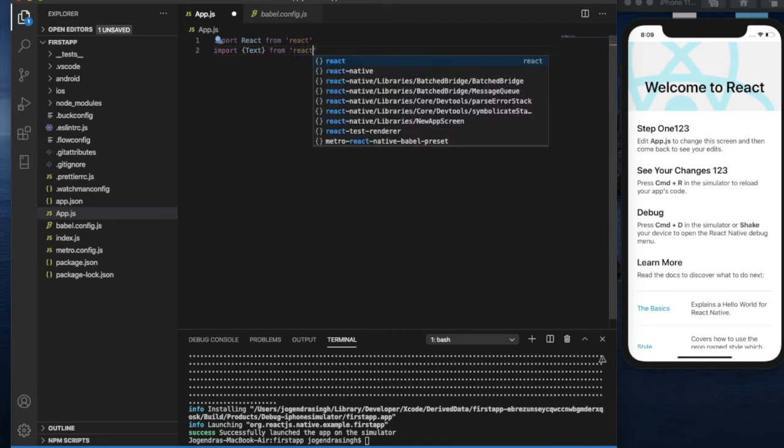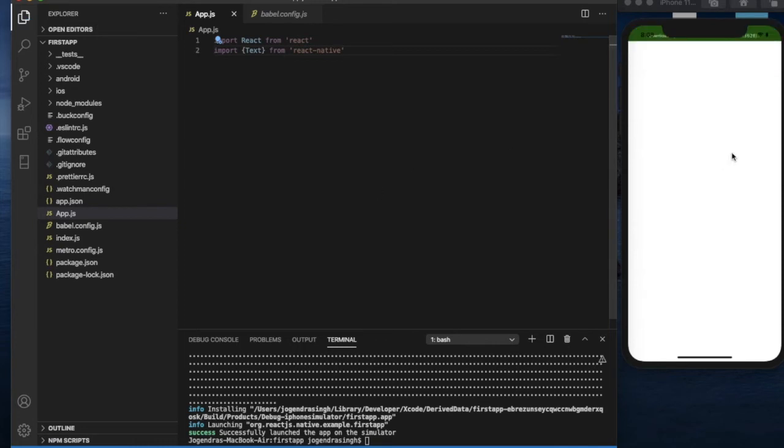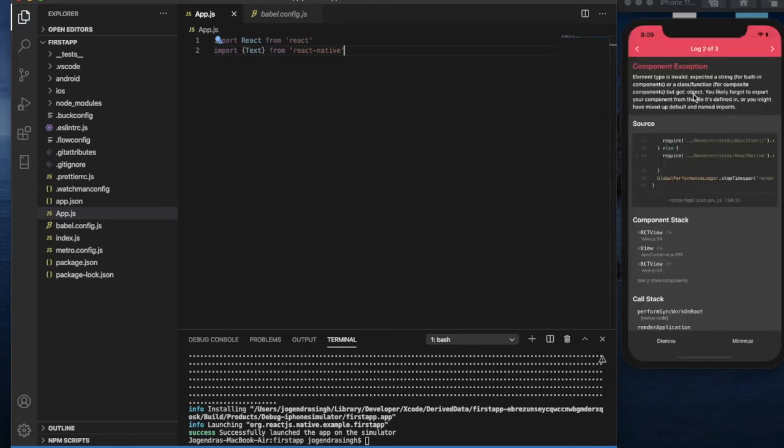React is basically for the JavaScript side, and React Native is for mobile application communication and providing the views. If I save now, we will get an error page, because we don't have any component. So I'm creating a component, App, and this is the functional component structure.